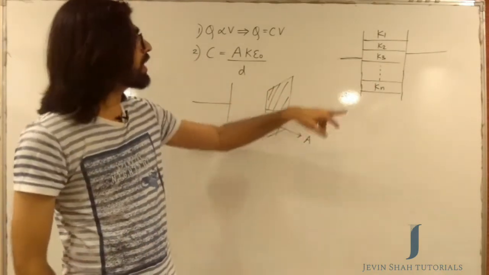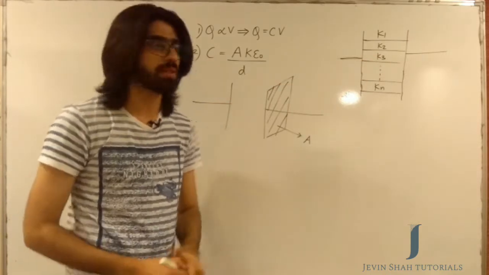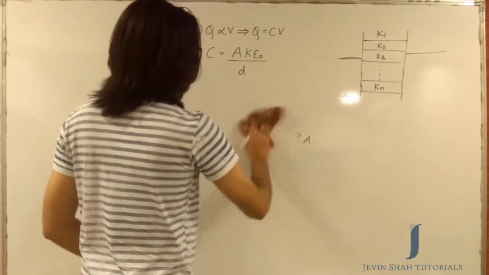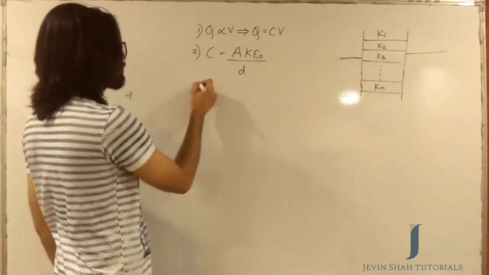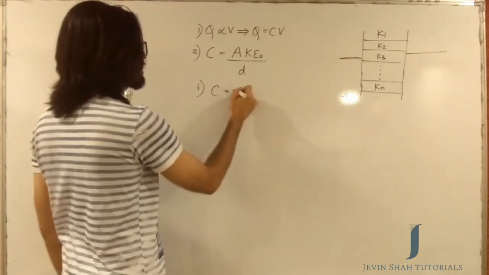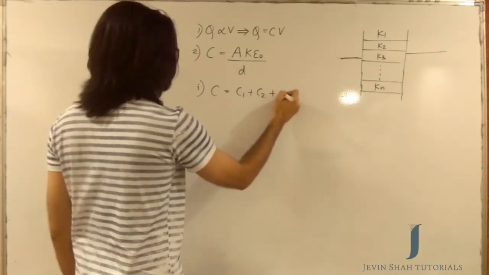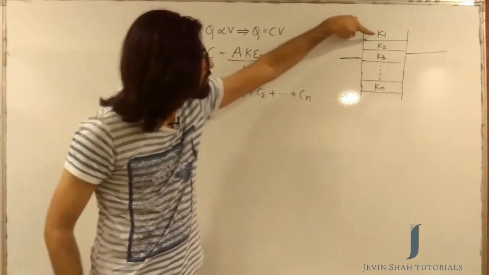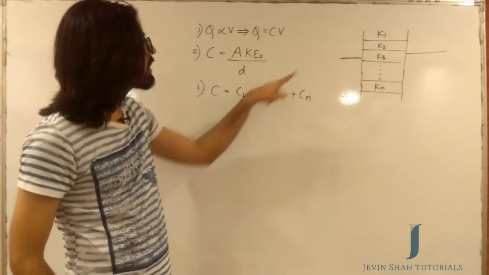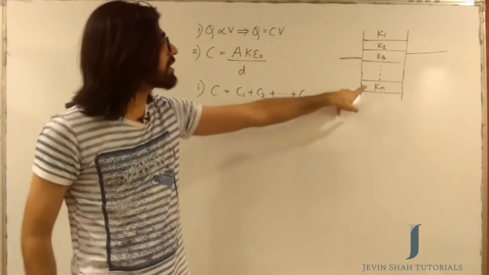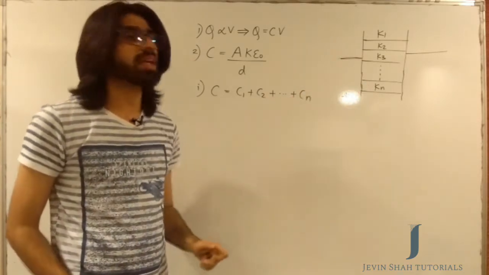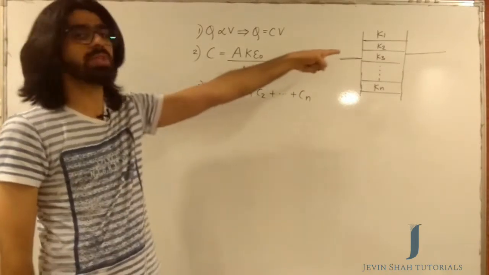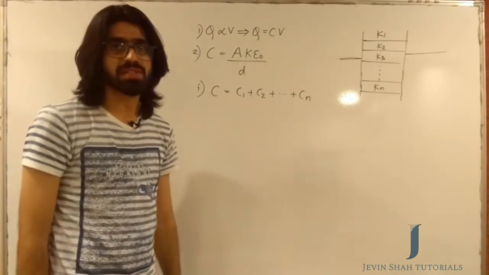In this case, how would I write an expression for the capacitance of this capacitor? We say that the capacitance of this capacitor would be written as C is equals to C1 plus C2 plus so on up to Cn. So C1 would be the capacitance because of the first dielectric, C2 would be the capacitance because of the second, and Cn will be the capacitance because of this plate. You need to have a careful look at this. Okay, let's highlight that point a little while later. For the time being, the capacitance for this capacitor will be the addition of all the capacitances.